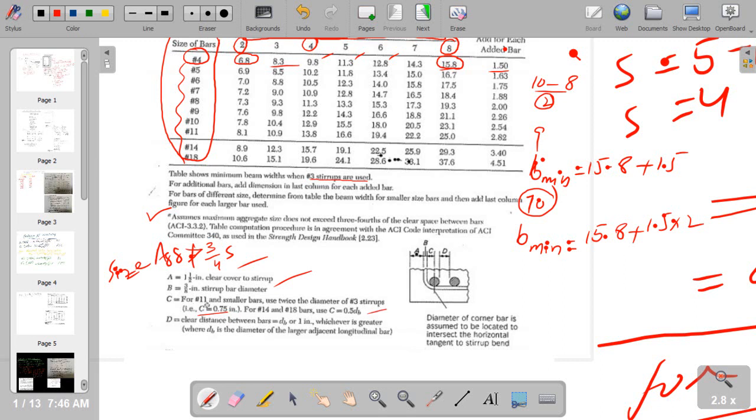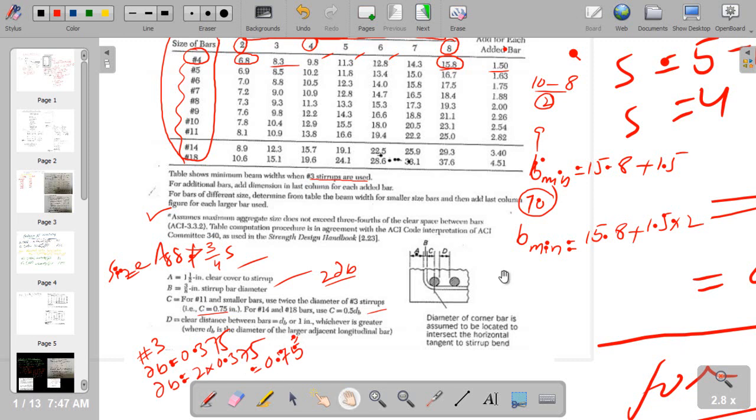So for number 11 and smaller bars, use twice the diameter of the number 3 stirrup, right? 2 times the diameter of the stirrup, that is C equals 0.75 inches, meaning we are using a number 3 stirrup. So the number 3 stirrup bar diameter is 0.375. In this case, 2 times the diameter of the bar will be 2 times 0.375, which equals 0.75 inches. So C will be equal to